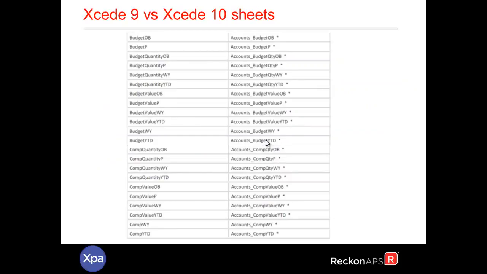A full listing of all the new Exceed 10 functions are available in the appendix to the release notes. All items that are new will have an asterisk on the right-hand side. As part of the upgrade of the Sheets process, it will upgrade the functions from the old function to the new function. From our testing of the upgrade process, the new functions are